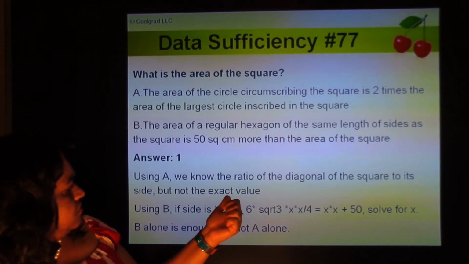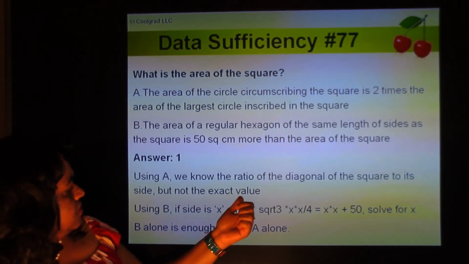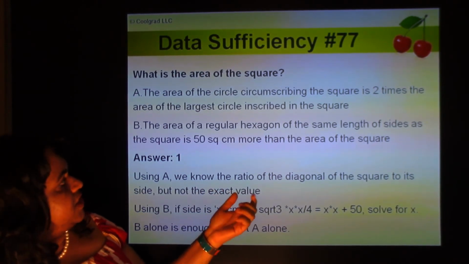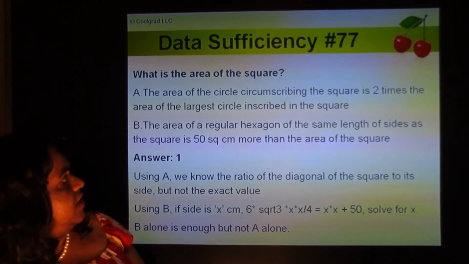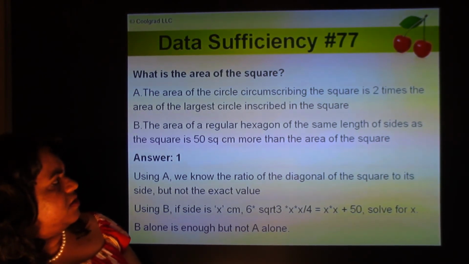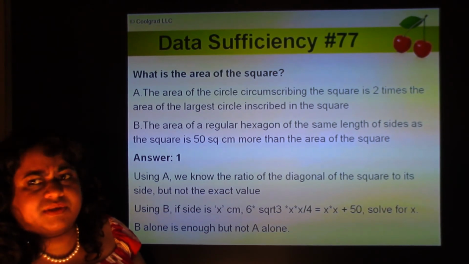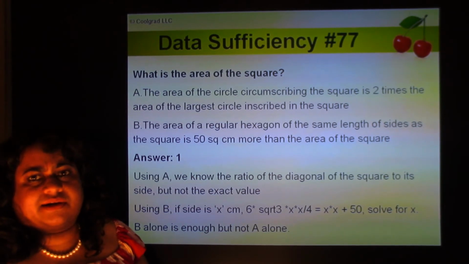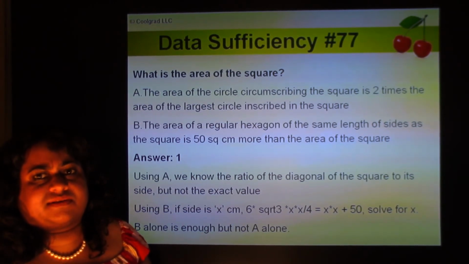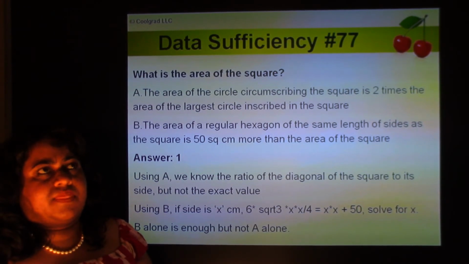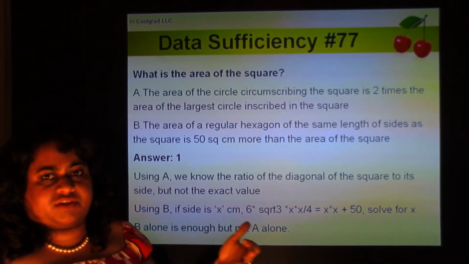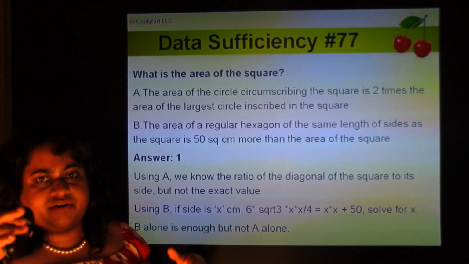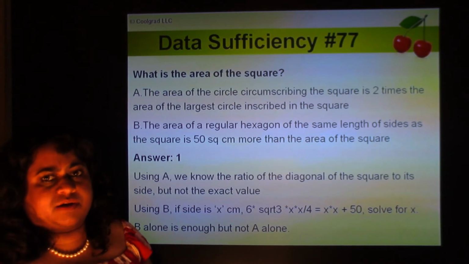So the area of this bigger circle will be pi r squared, where r is the diagonal by 2. If the side of the square is r, the diagonal is root 2 times r, and half of that is